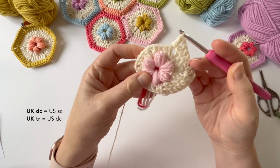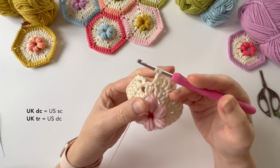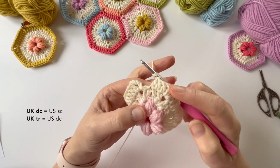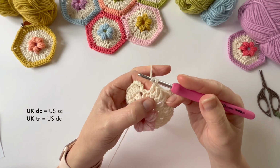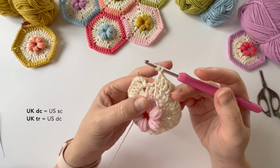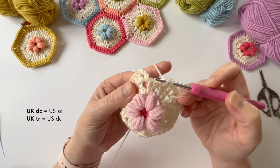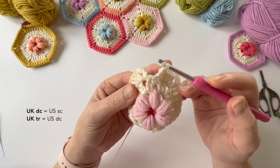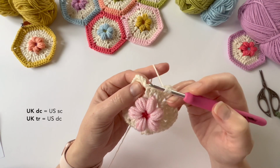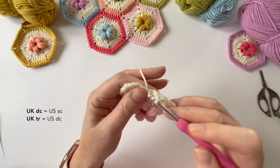So we'll work that round and I'll meet you back at the beginning. So I've come round to my last side here. I've done my last chain space and I've made 3 of the stitches into these 3 trebles here. And I've just got the last stitch to go, which was actually the starting chain of the row below. So I'm going to make a treble into that last stitch,